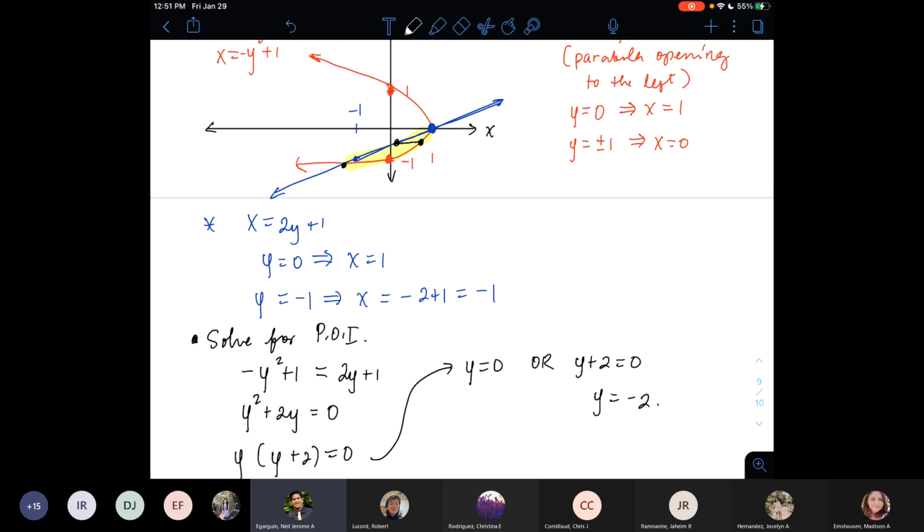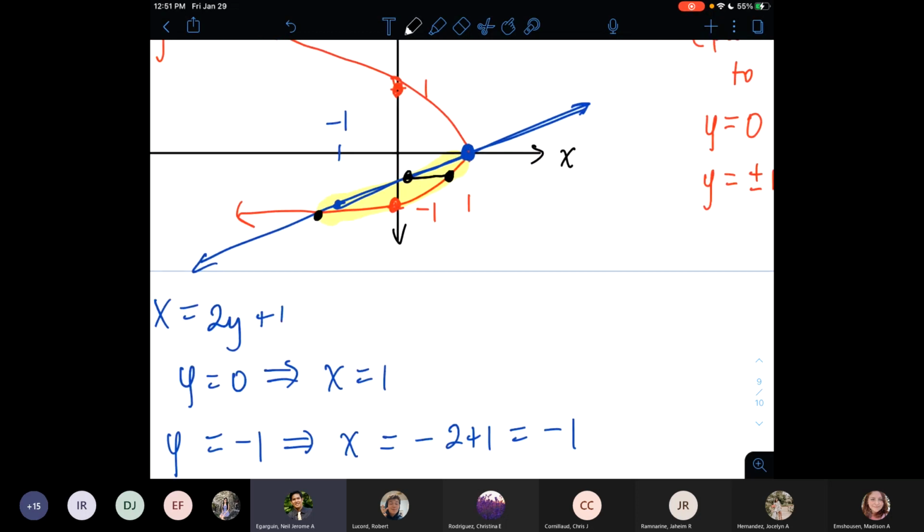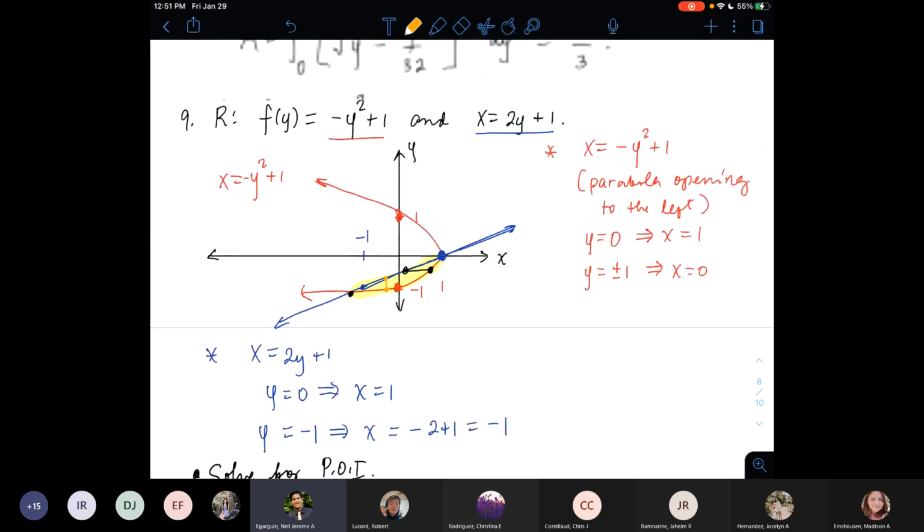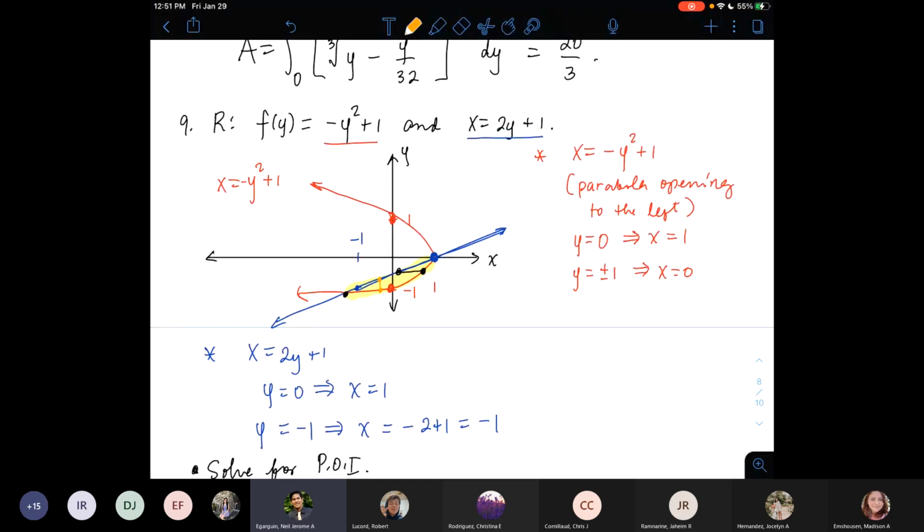if we use vertical strips instead? Well, graphically, I don't think there's a big issue because, okay, a vertical strip, top function is always the blue one, bottom function is always the red one. But the only difficulty there is that the functions are given in terms of y. So if we insist on using vertical strips, we need to solve for x in terms of y. And though that is not that difficult in this case, because for instance here, we will see that